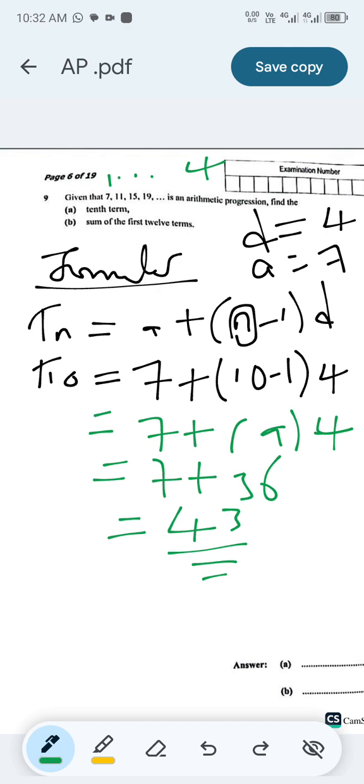7 plus 4, 11. 11 plus 4, 15. 15 plus 4, 19. 19 plus 4, 23. 23 plus 4, 27. You are going to reach the 10th term, which is going to be 43. That's basically simple. So we found our 10th term. So now we want to find